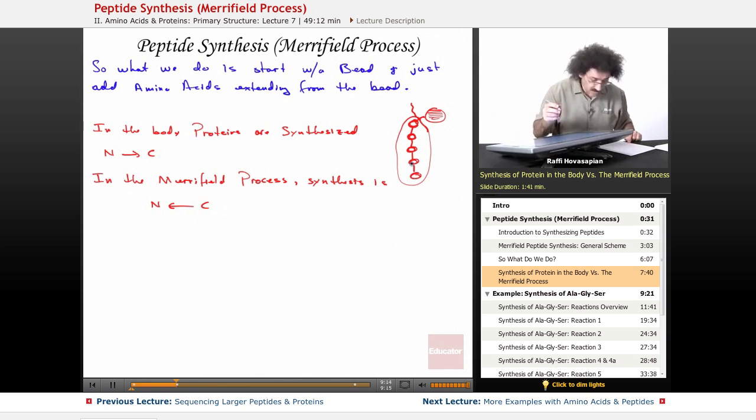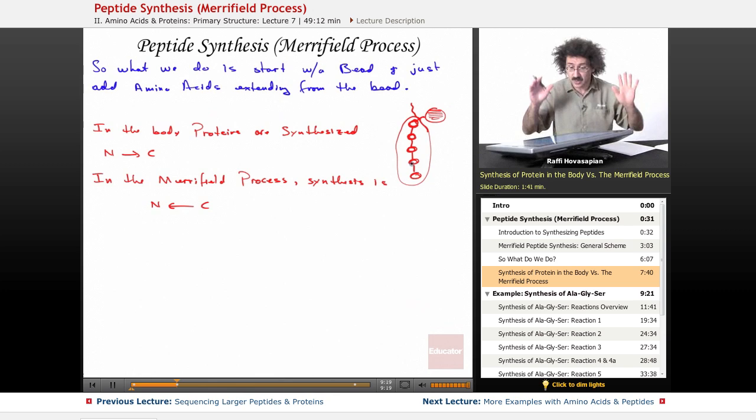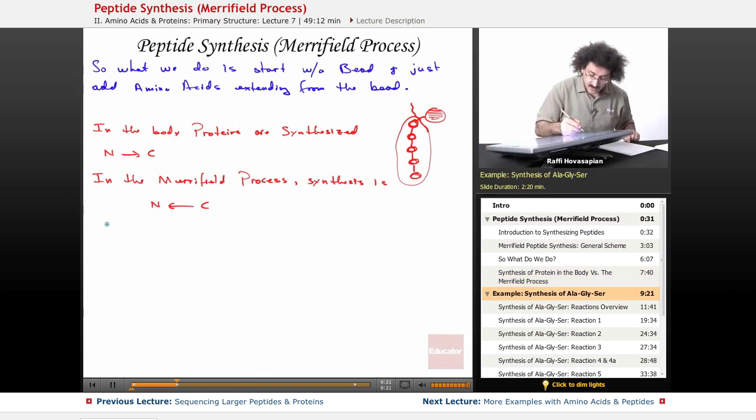Okay. So let's go ahead and illustrate the procedure with an example. We're actually going to build a tripeptide. So let's